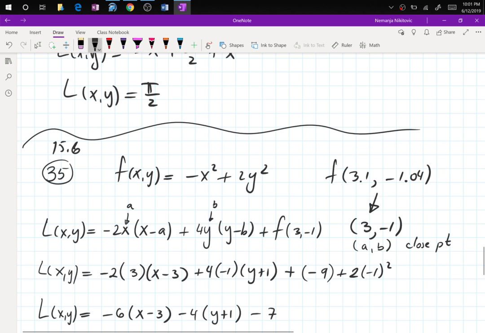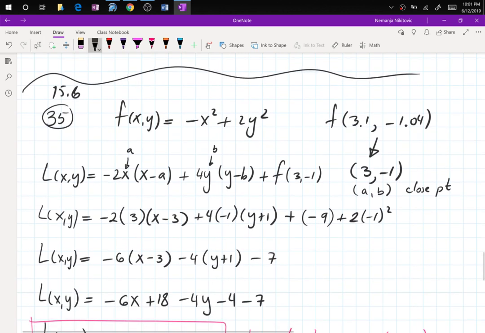So in Calculus 1, when I want to compute the square root of 80, right? I would consider a to be 81 because I can actually take the square root of 81. So now I have 3.1 and negative 1.04. The close point is 3 and minus 1. That's something that I can easily calculate here. So when I find my fx derivative, I have to compute that derivative at a and b. So it replaces